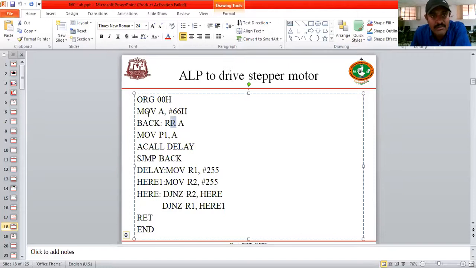Now I will explain the same program using the Keil software. I think in our lab we are going to use one IDE called what? Keil software, to write the program. After writing the program, we are going to generate the HEX file. Then how to transfer that HEX file to the target board? Everything I will explain, the Keil software and the Flip software.